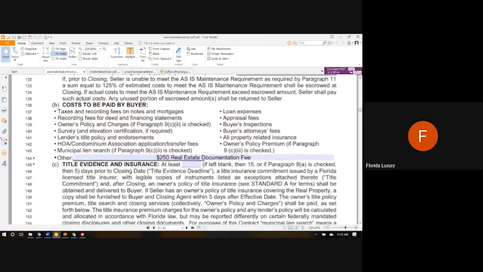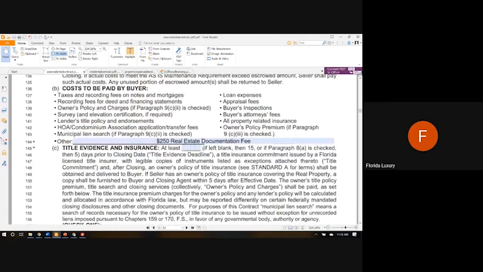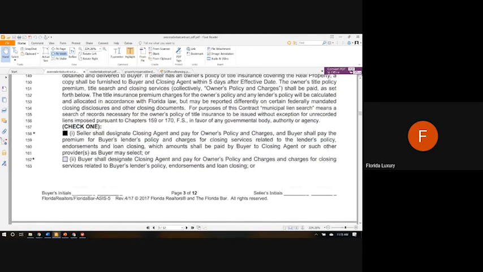Closing costs to be paid by the buyer. By default, this comes in as a real estate documentation fee. For here, all right, 99% of the time, we're gonna check box 158. The seller picks the closing agent and pays for the owner's policy, and the buyer pays for the lender's policy. Now, on a cash deal, there is no lender's title policy. There is no lender. So the buyer technically doesn't have to pay this $500 for the policy that they would